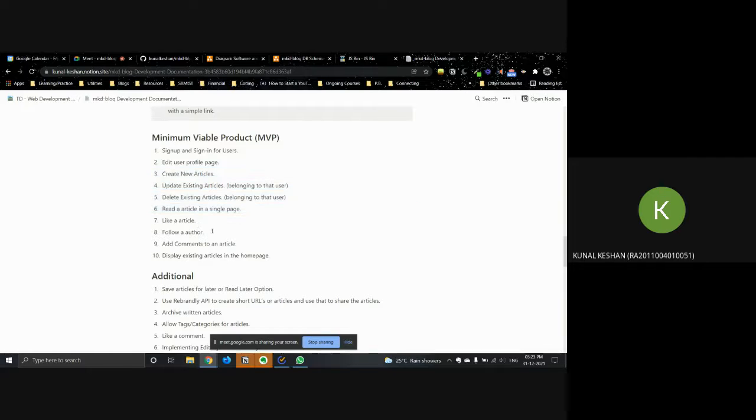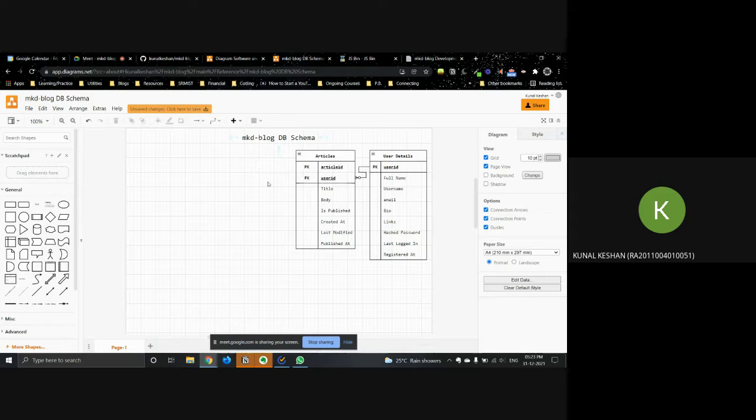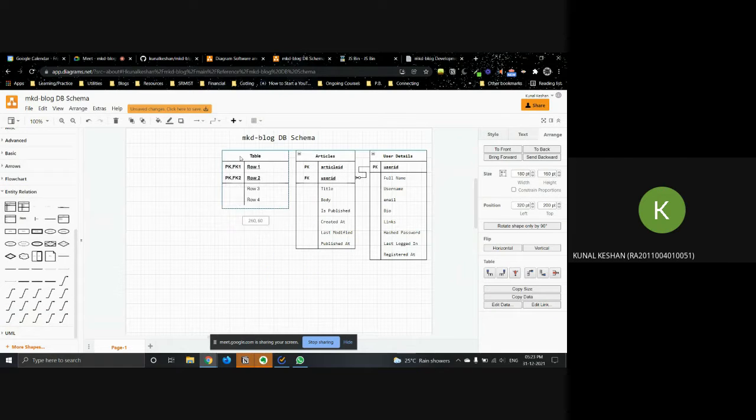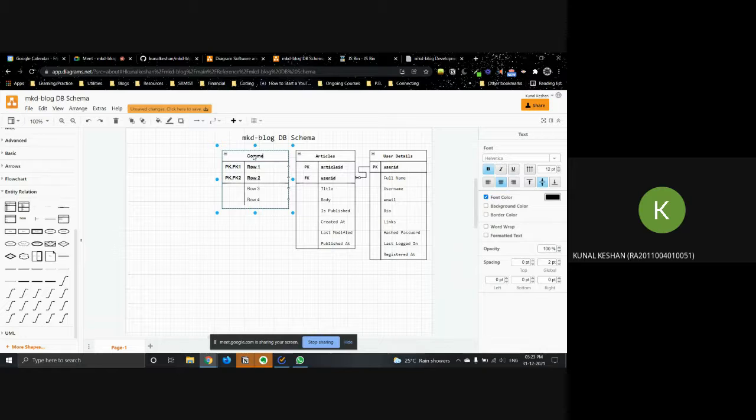Next, let's just for now not see these two. We'll just see the comments table. Okay. So when we want to add comments, right? So we'll need to have a separate table for that. Right. So this is my comments, and I will have the primary key. Every comment is a unique one. Okay. So this is my comment ID. Then I will have two foreign keys in this case.